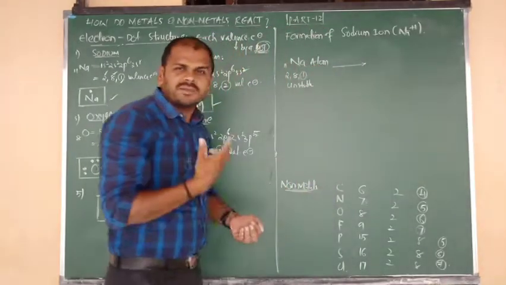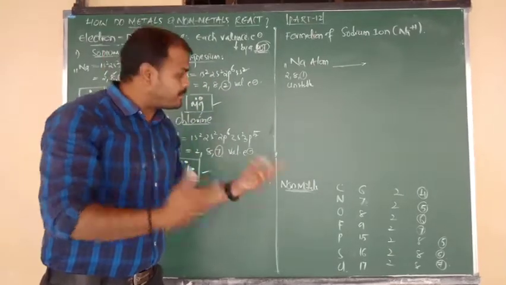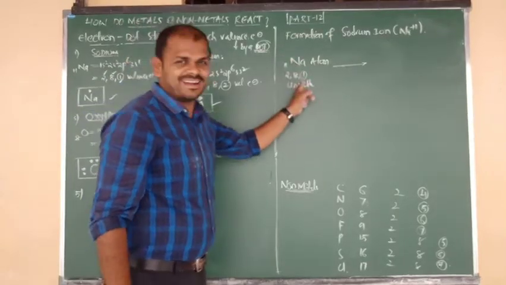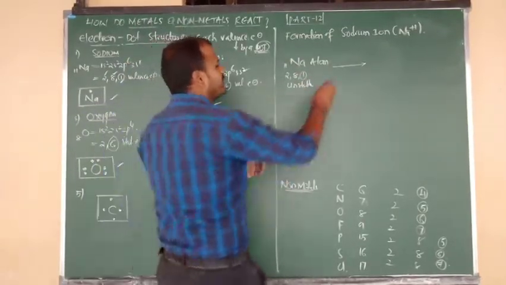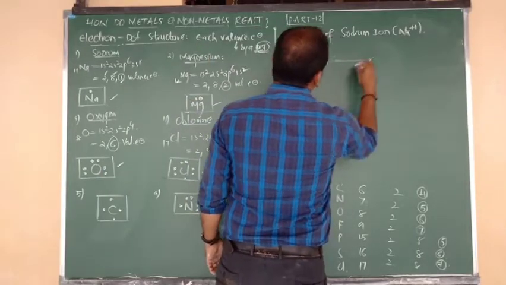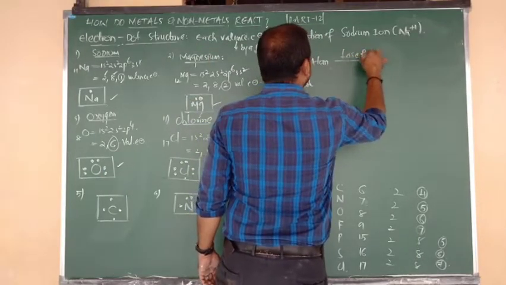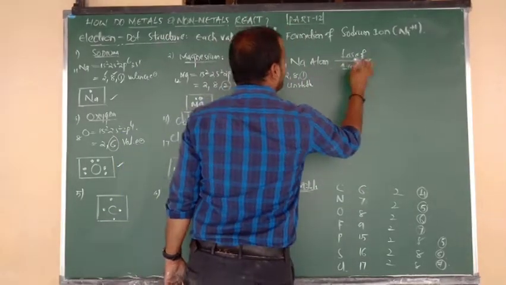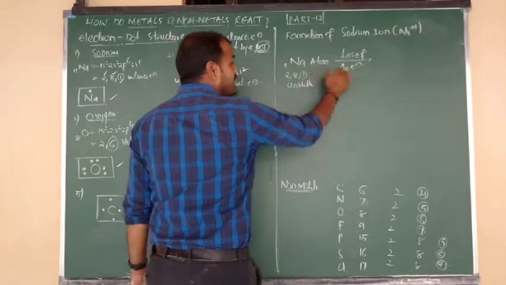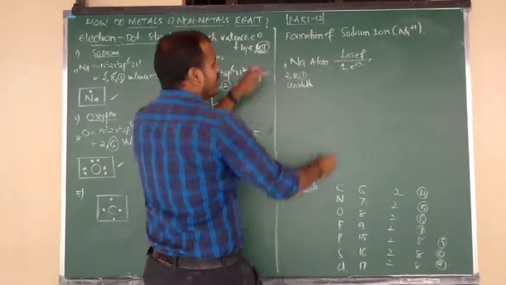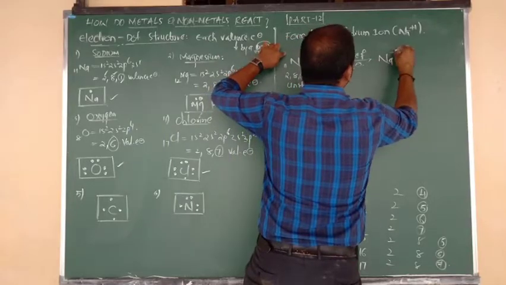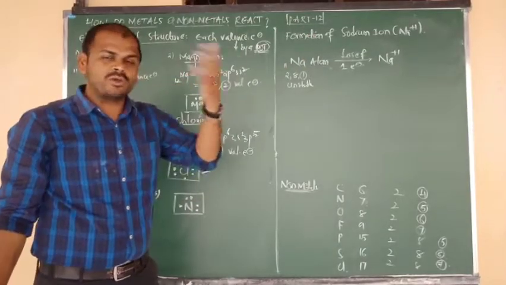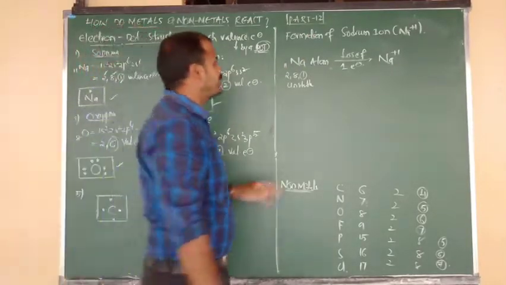Now sodium's nature is metallic nature. Metals have the tendency, as I told you, to lose electrons. How many electrons can it lose? Only 1 electron. Then unstable becomes stable. So by the loss of 1 electron, that is from the M shell, the outermost shell, Na becomes Na plus 1. Means by donation of 1 electron, the charge is plus 1.